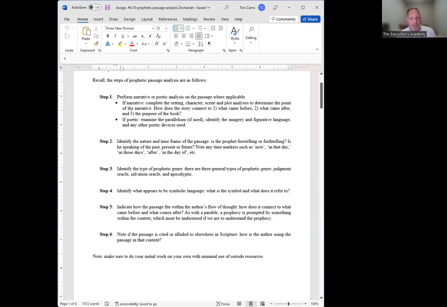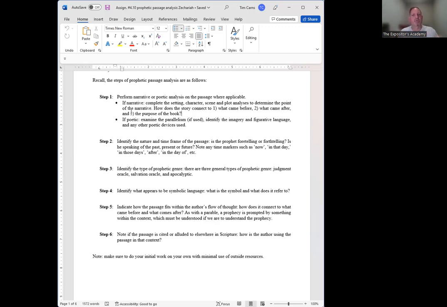So again, in step one, for your Zechariah passage and also your Revelation passage, you will have narrative features, things that we see in narratives, but it's not a complete narrative, a full story. So you don't have to do the full analysis. Just identify the setting, the situation of the particular vision, and then there might be scenes, there might be one or two scenes within the vision.